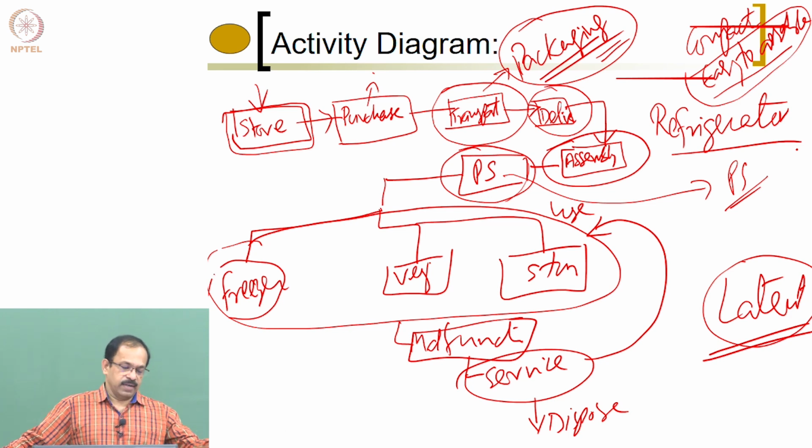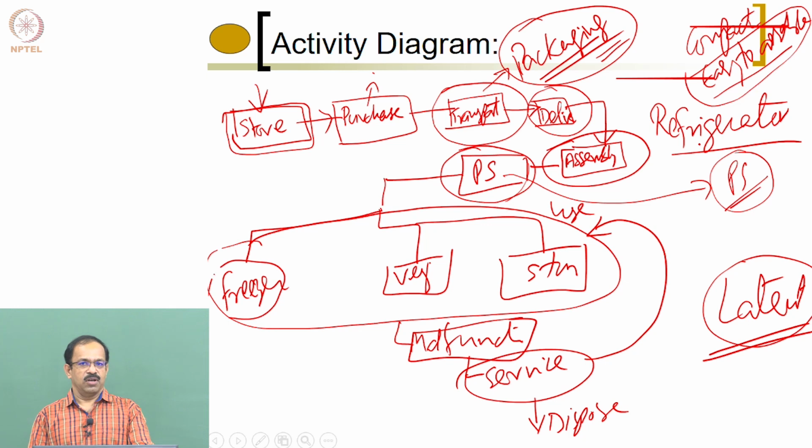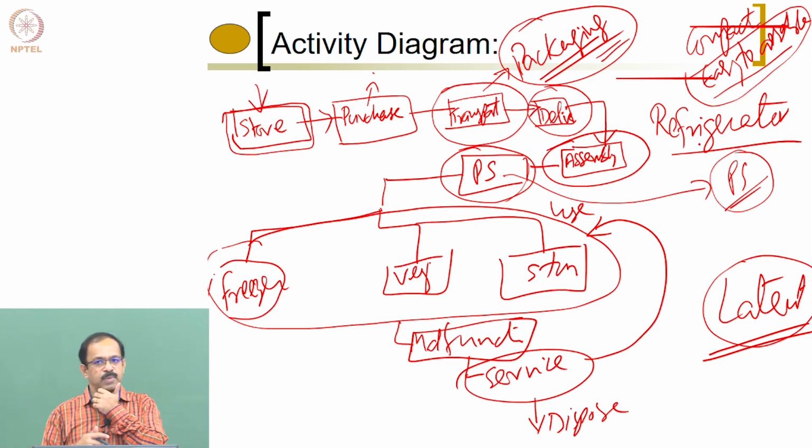For example, in places like villages, if you are using it, there will be a lot of power fluctuations. So if there is a power fluctuation, then you need to provide appropriate stabilizers, an inbuilt stabilizer or an external stabilizer. So that becomes another latent need. So how do you adjust to the power fluctuations in that area? And what kind of power supply you have, 230 volts or 110 volts, 50 hertz or 60 hertz, that also becomes a latent need here.